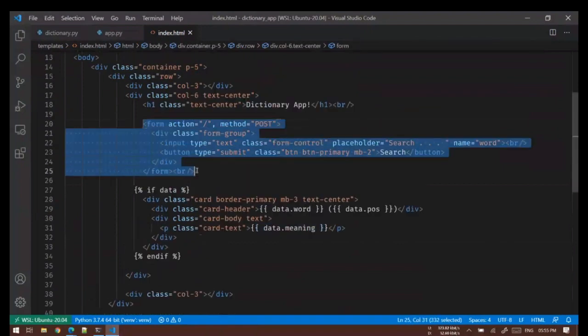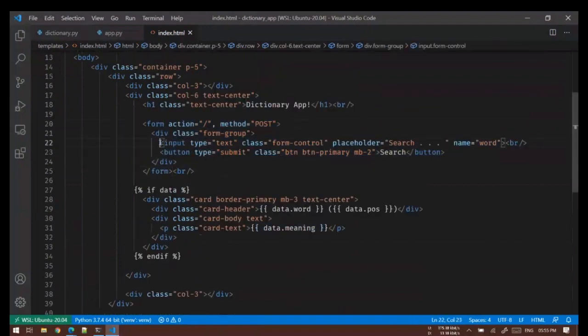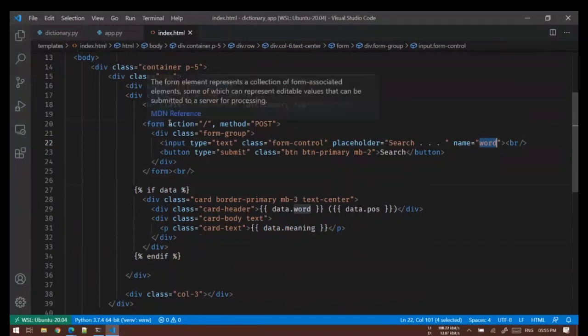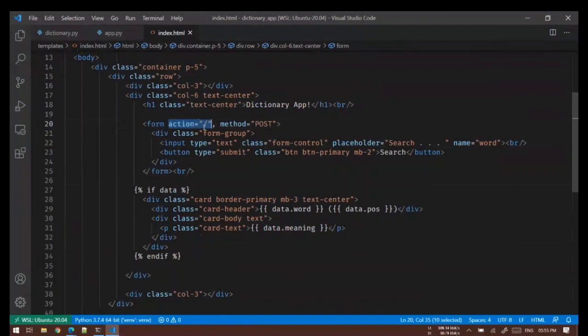Okay, then we saw how to take input from the front end. All you have to do is create a form, and the important thing to note is all your inputs should have a name tag because these values will be used as keys to access whatever was entered. Okay, next is you specify what route to ping and with what method.